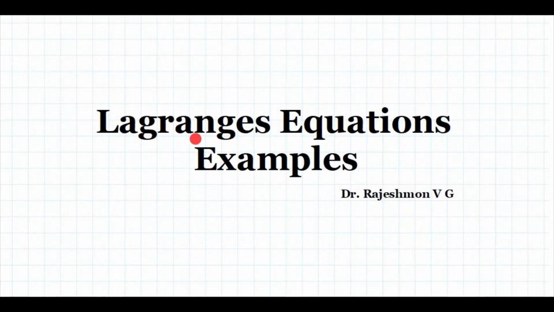In this lecture, I will give you a few examples in which we can apply Lagrangian formulations to get the equations of motion. The primary goal of classical mechanics is to find the state of a system. For finding the state of a system at a particular instant of time, we need an equation of motion. And Lagrangian formulation is a method where we can find the equations of motion from a knowledge of kinetic energy and potential energy of the system.